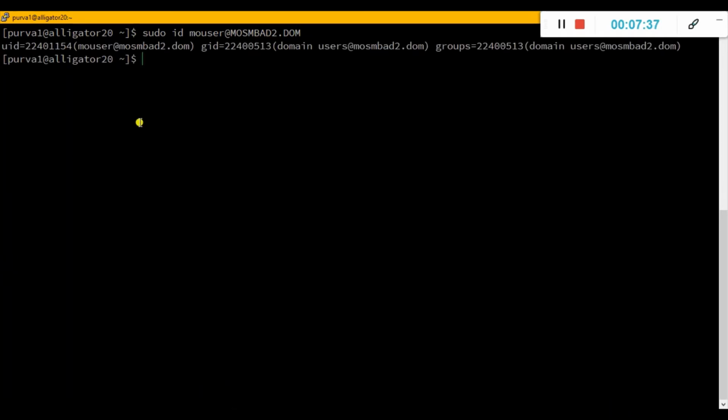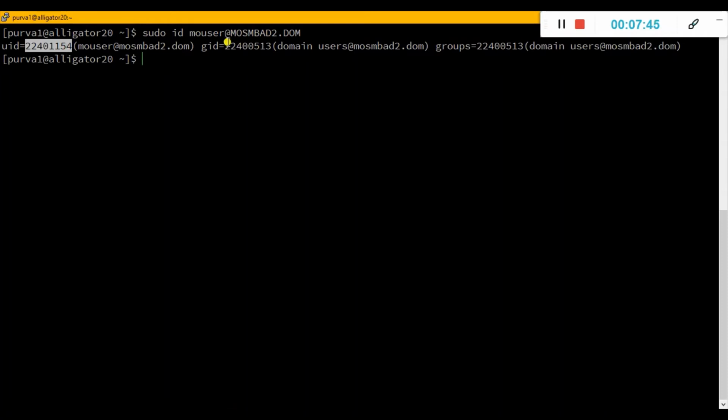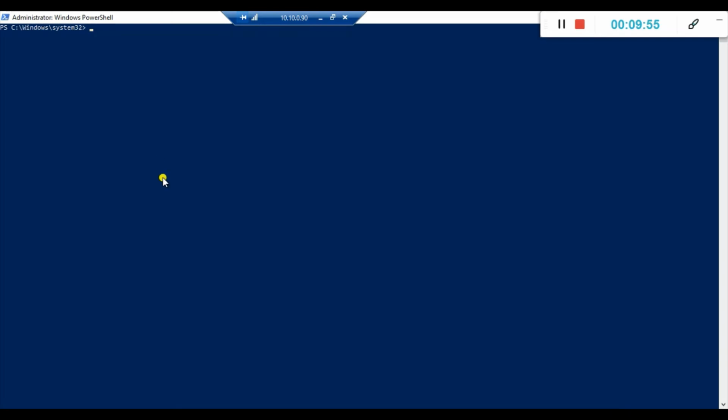Here we can see that our Linux server is mapping domain users, and we are getting the UID and the GID with respect to the domain. We can verify the same thing on the AD side as well. Just go to the AD machine and we can run PowerShell in administrative privileges, and we can run the command